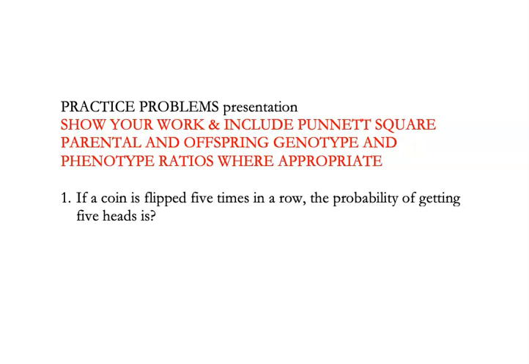Okay, so if a coin's flipped 5 times in a row, the probability of getting 5 heads is. Now listen, what's the probability of getting heads if you flip a coin? Well, it's 1/2, right? There's 1 out of 2 chances for you to get a heads. If the question is, what are the odds of doing heads, heads, heads, heads, heads? Then what I have to do is multiply those probabilities with each other, okay? And so the answer to this problem